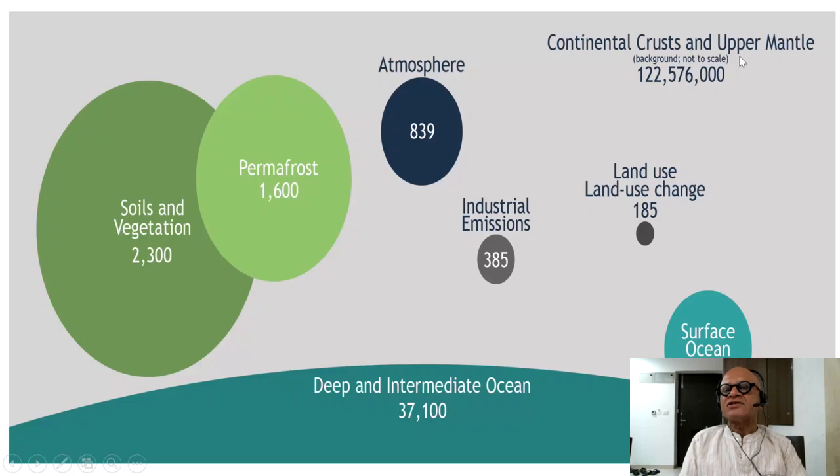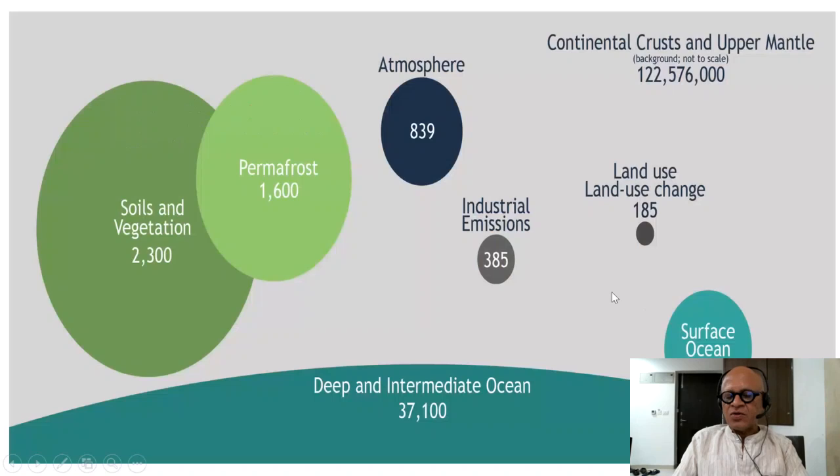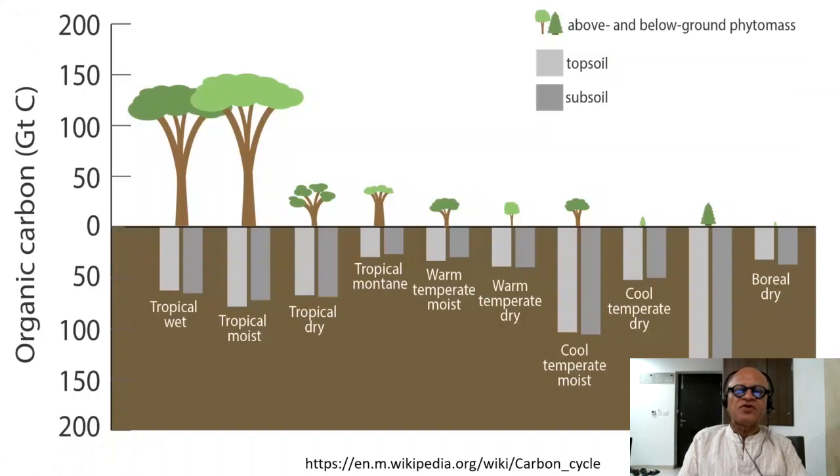This is continental crusts and upper mantle, basically stored up and not easily released. And surface ocean is much smaller than the deep and intermediate ocean, which is at 37,100 gigatons of carbon. Okay, where is it stored as organic carbon? Obviously, ocean has a lot of organic carbon, and it moves into different pools. This is all the inorganic and organic carbon pools are relatively small, but just to get a sense, organic carbon